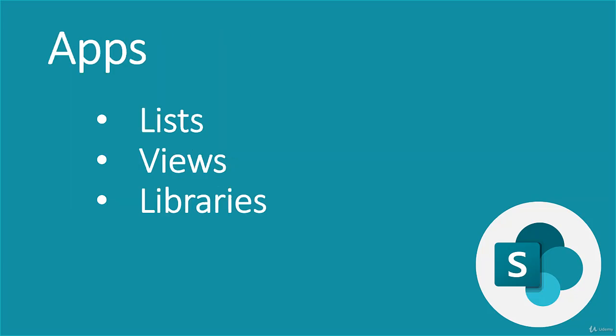Then we're going to start looking at the apps. Now this is a huge part of what separates SharePoint from many of the other collaboration tools available. So we'll be looking at lists. Now lists are how we can organize and categorize various and disparate kinds of information. We'll be looking at the ways we can view that, and then we're going to delve into libraries, which are huge. Now libraries are of course the way that we store our content, our documents that are so valuable to